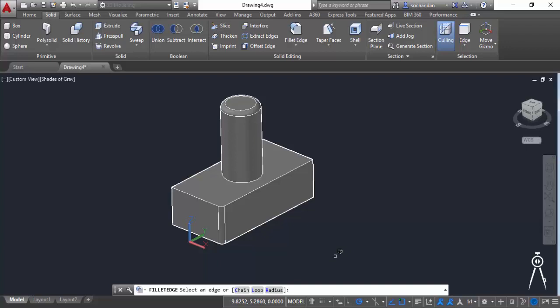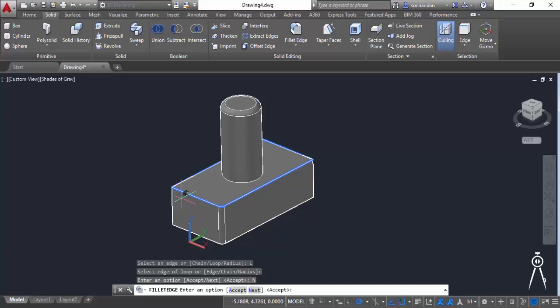Now we have one more option, which is loop in this case. So let's select this loop, and now click on this edge of the cuboid, and you'll notice that a blue bounding box will be added here. So all of these edges will be selected for filleting. Now let's say that we don't want this, we want this loop to be selected instead of this one. So for that we can click on this next, and the next loop will be selected. So this loop will be selected for applying the fillet.